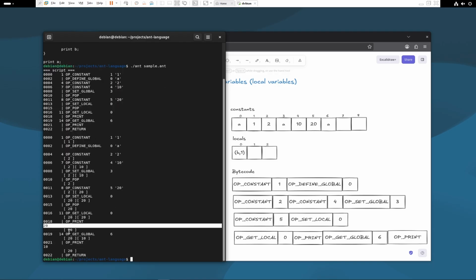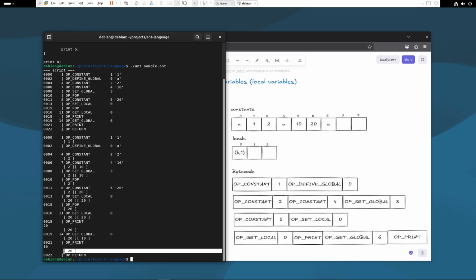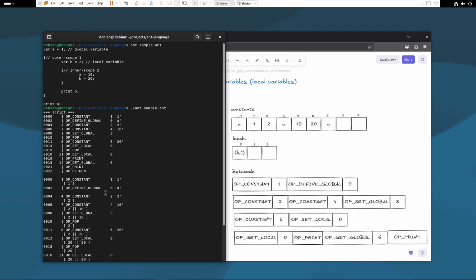And then we have on the stack 20, and for the final instruction we need to print a global variable. I will load that global variable, its value on the stack is 10, then I will print it, and finally our stack has 20. So the only thing we need to do is, when a scope is ended, at the end of the scope, I